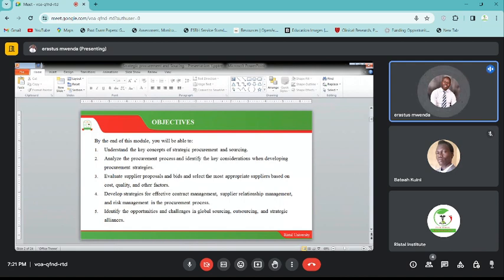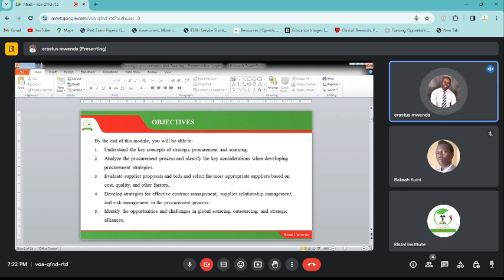relationships. The need for you to create great relationships with your suppliers. When you have great relationships with your suppliers, then when you send a simple email that you need an addition of certain goods, they are going to respond. When you have a good relationship with your suppliers, you will agree on the grace period for payment. Maybe you would be unable to pay for the goods immediately. So create a relationship with these guys. They are important. They can make or break your organization.